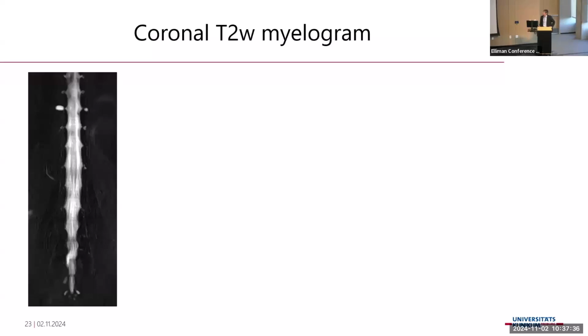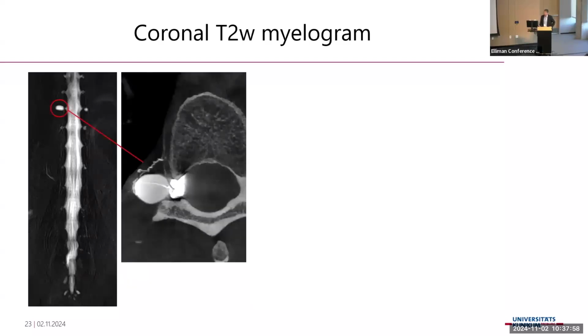And we have the T2 weighted myelogram. This is only one image. The acquisition is just 20 seconds. And I think this is really helpful. We use it for every protocol, and we can see, for example, meningeal cysts at a glance. And this sometimes helps because, like in this case, sometimes the CSF venous fistula originates from the biggest meningeal diverticulum. But this is not a rule. It just helps us, for example, where to start with a myelography on the right or on the left side.